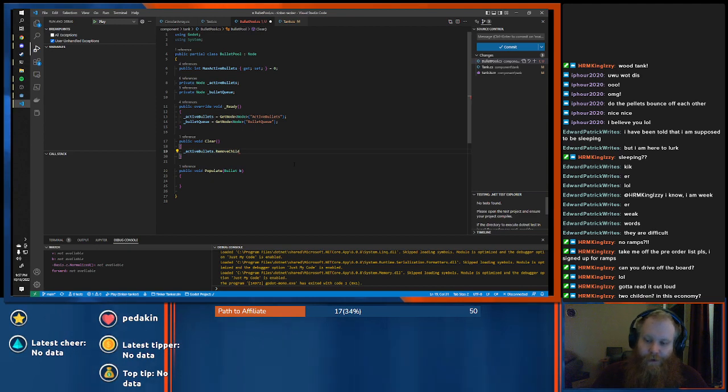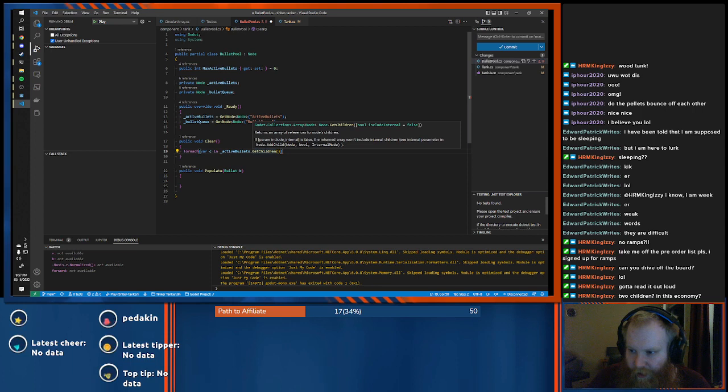Okay, so this is going to be ugly. We're going to do for, oh, can we do a for each there? That would make this really easy. I'm going to do for each var c in active bullets dot children. What does this get me? An array of nodes.